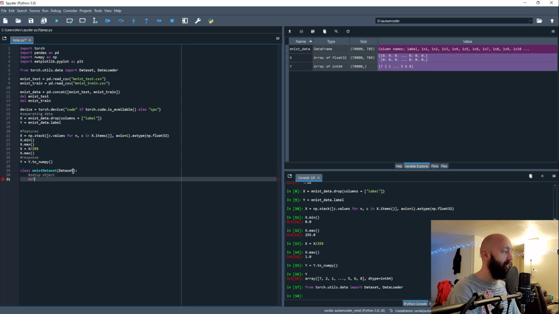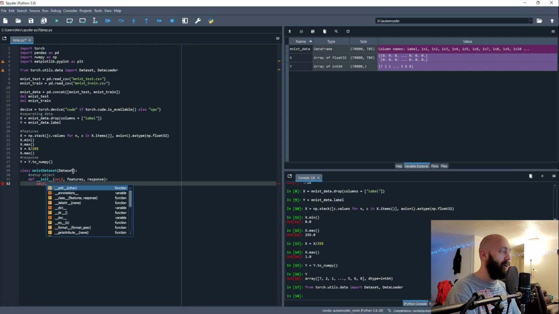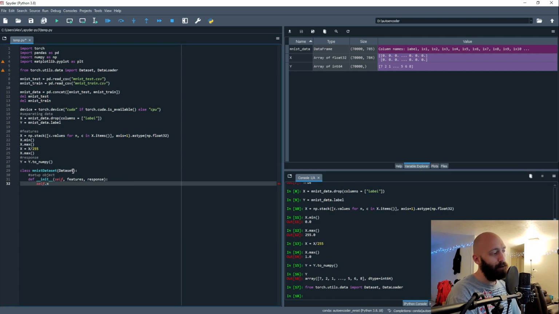So we'll do def and then init, and we're going to specify the self. And then when we are creating our data set, we're going to pass in our x and we're going to pass in our y. So we're going to get our features, and then we're going to get our response, for example. Okay, and then we can do self dot x lowercase is going to equal our features, and then